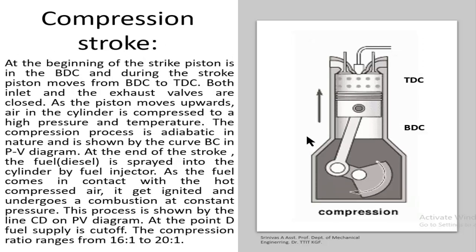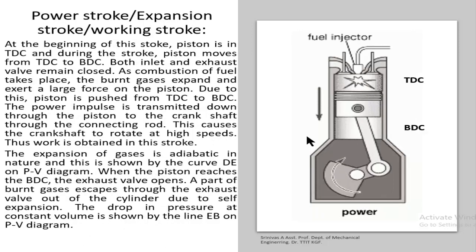Similarly for the compression stroke, the piston moves from BDC to TDC, and during that process the pressure and temperature are increased. You can write the compression ratio as around 16:1 to 20:1. At the end of the compression stroke, the pressure and temperature are high, the fuel injector is activated and the fuel is injected. Next, the power stroke: because of the high temperature, the atomized injected fuel self-ignites and burns, and the burnt gases at high pressure push the piston downward, so the piston moves from TDC to BDC.